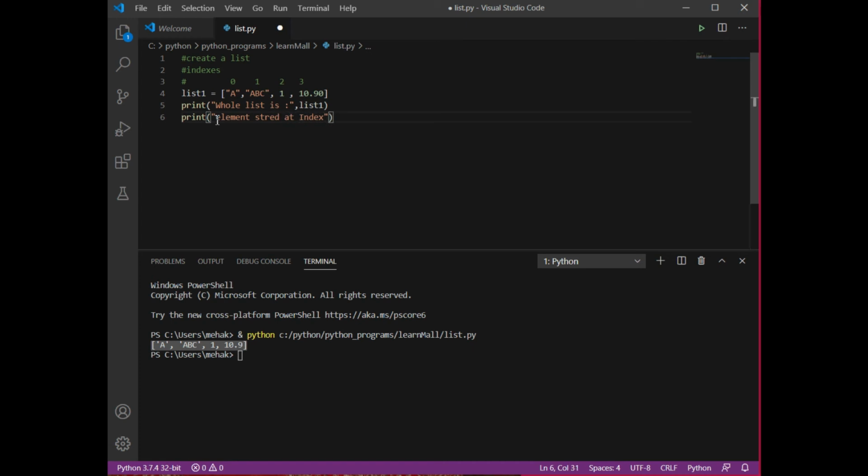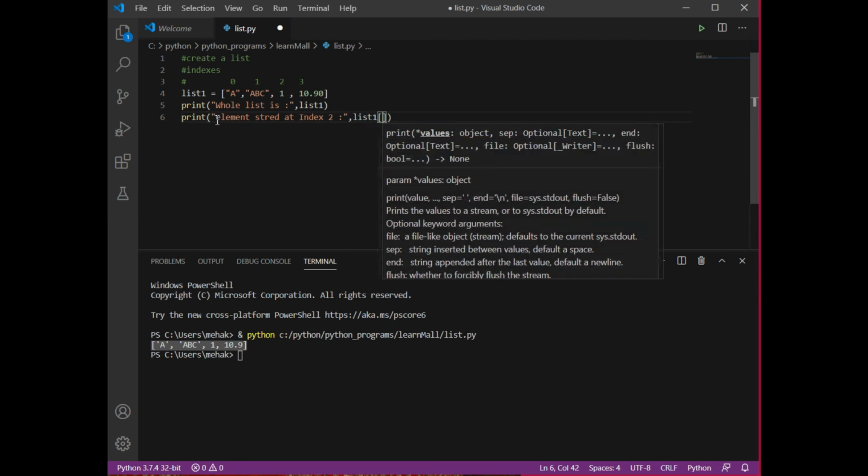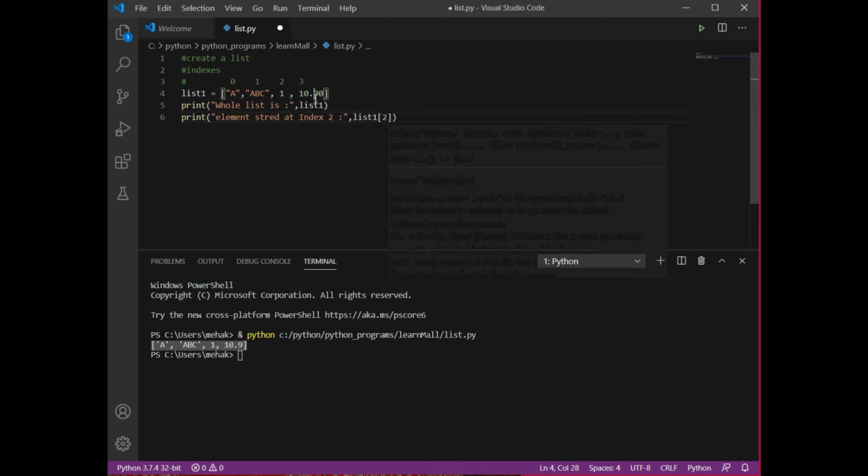Let's say I want to display the element stored at index 2. So how I'm going to do that, I'll write list1, and inside brackets I'll write 2. So it will display only one value. Or instead of 2 you can write 1 here so that you won't get confused whenever I'm saying 2, 1. So I'm going to write 1 here. It is going to give me only a, b, c. It will not give me the whole list.